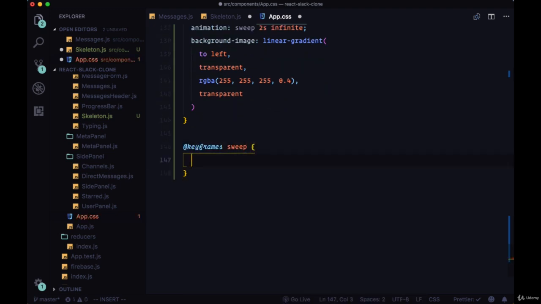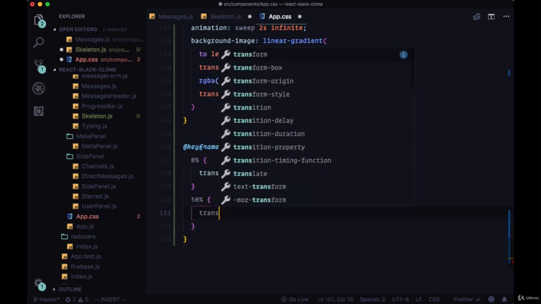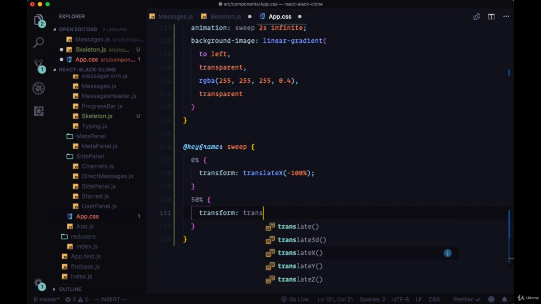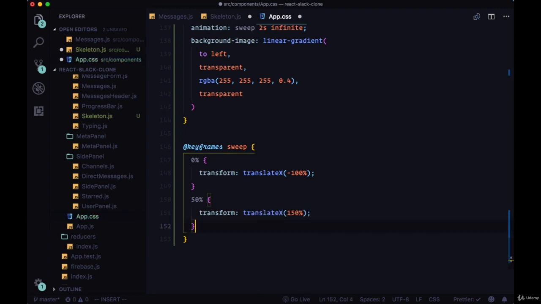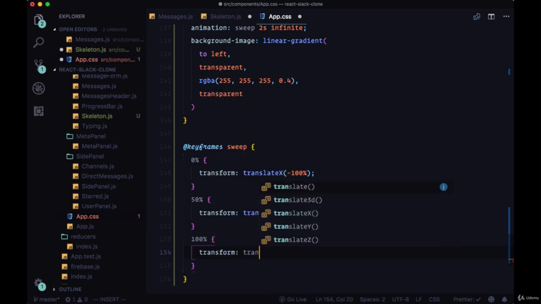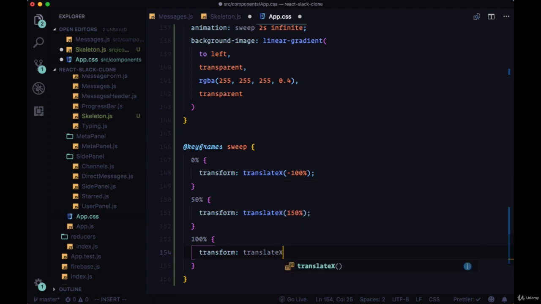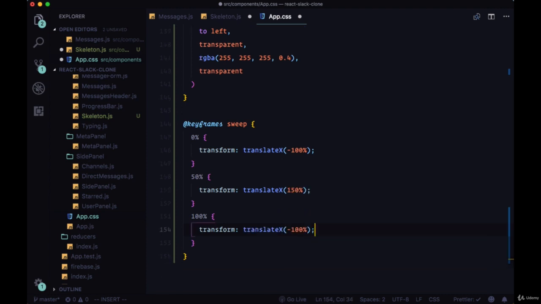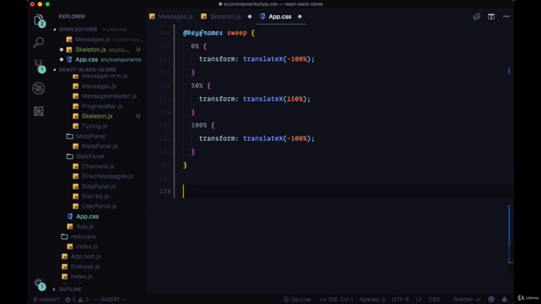And we'll set up a keyframes with the name of sweep. As the name of the animation suggests, we'll slowly sweep it across the skeleton div, first by putting the animation on the far left hand side of the div. So at 0%, we'll give it a translate x of a negative 100%. At 50% of the animation, when it's halfway through, we'll set translate x to 150%, sweep it over to the far right of the div, and then at 100%, we'll return translate x back to negative 100%. So this animation will take place over the course of 2 seconds,